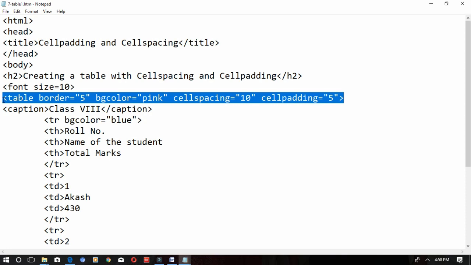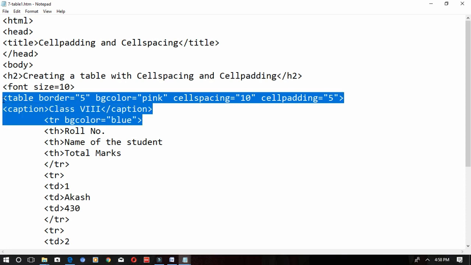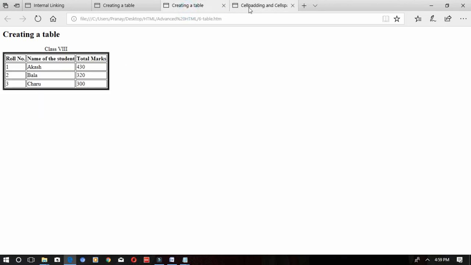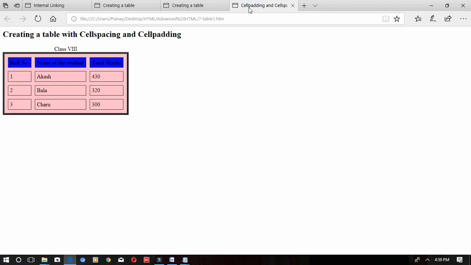Next, again the same table I have created using the cellspacing and cellpadding attributes. Same as before, the bgcolor attribute is there, and it can also be used on the TR tag. Only for the heading I have given bgcolor as blue. Nothing else has been changed. I'll show you the output again. This is the output. I have given blue color for the first row, that is the table headings, and I have given the background color of the table as pink. I have used the cell spacing and the cell padding. Just see the difference between the previous table and this table. Understood what cell spacing and cell padding are?